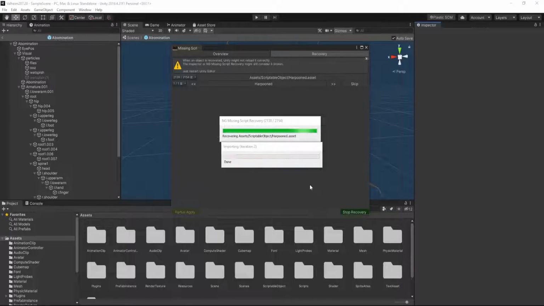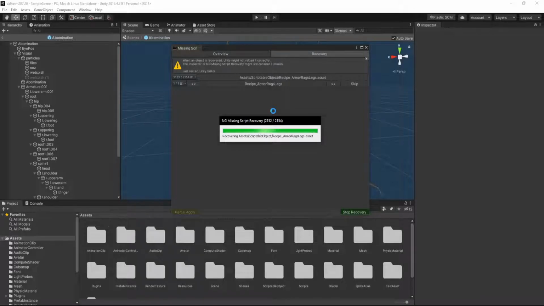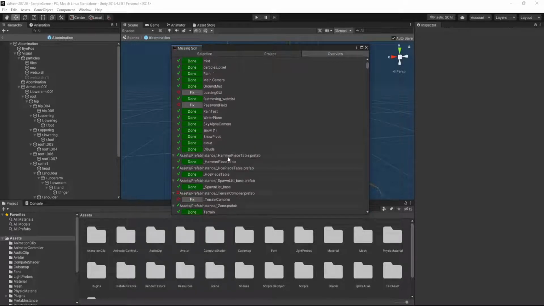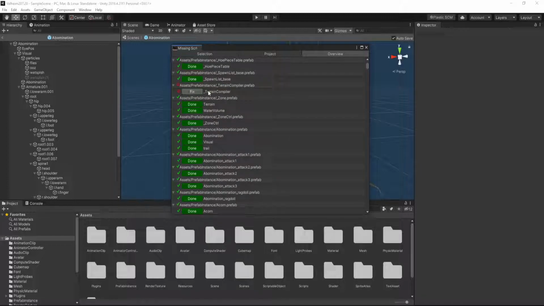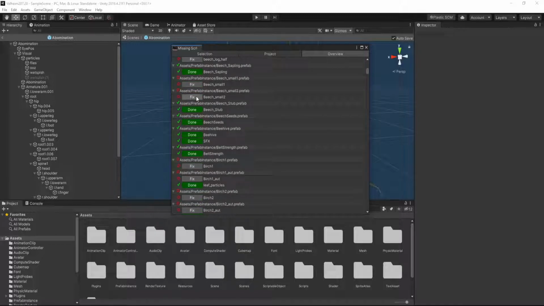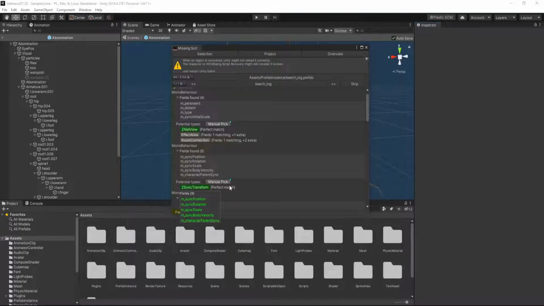All right, so mine is almost complete. I haven't had anything else really pop up at all for any assistance aside from the player and the console. As we can see, some of the things that pop up, like terrain compiler, and as we scroll through here, the beach small, a few other things, it says that it didn't fix them. So you can go back and fix those